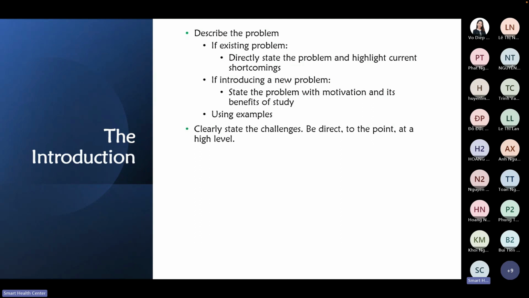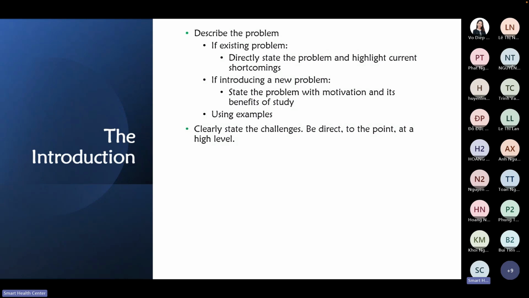All right. So after the first paragraph, or maybe two, depending on the problem you study, you have to state the challenges. The shortcomings and the challenges are two different things, right? A shortcoming is that the literature hasn't studied that, or it's not scalable, or that kind of thing. Right? A solution's prediction is only 70%. Let's say that is a shortcoming. But the challenges are why it's so hard to tackle those shortcomings. So that's the challenges. Be direct, no need to be wordy, direct to the point.